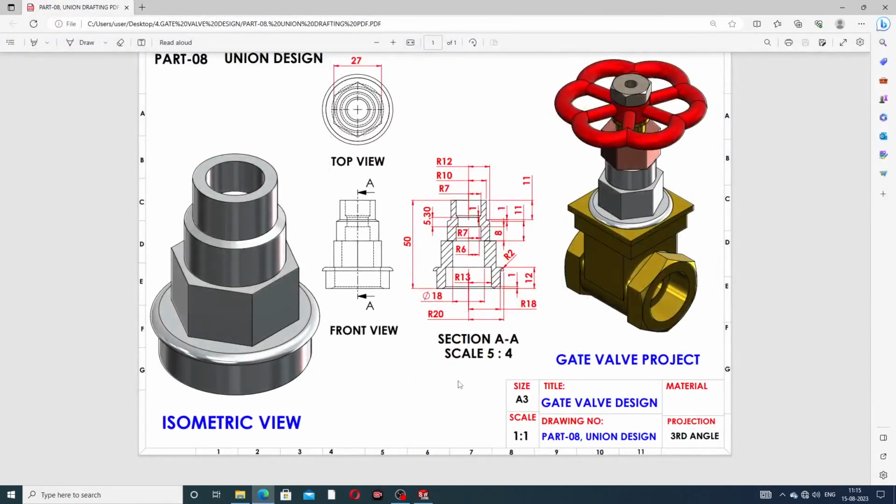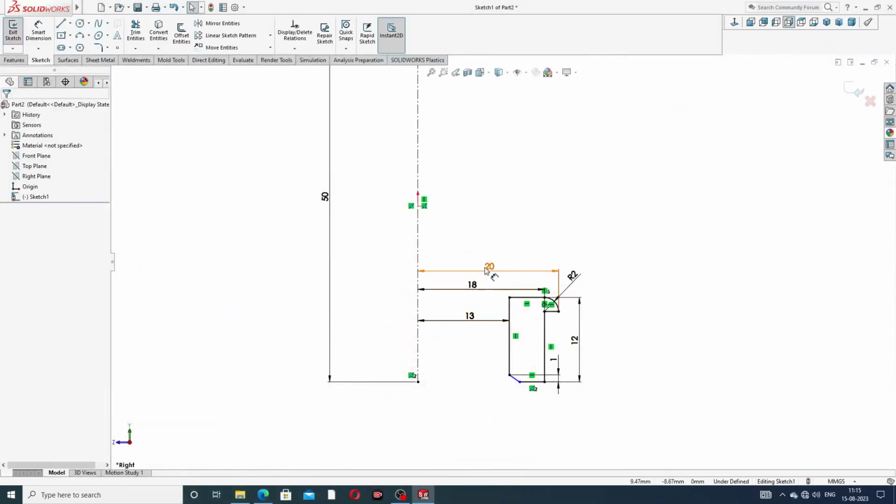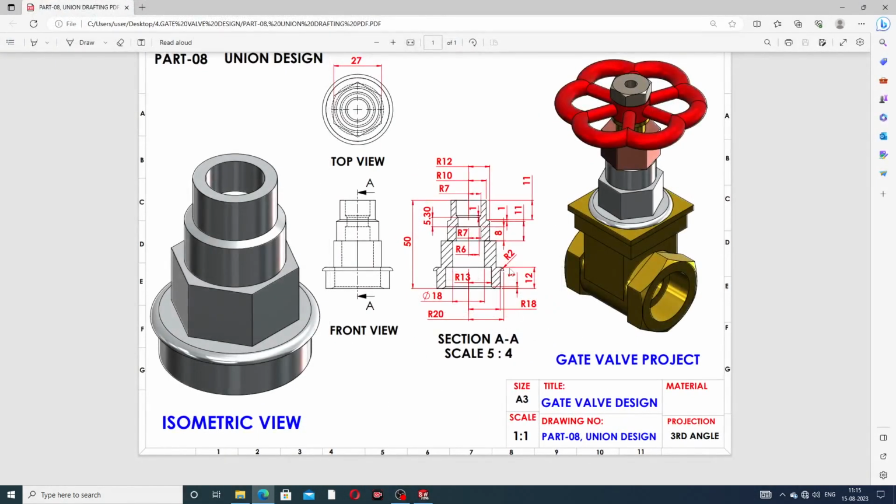Okay, all is perfect, and this geometry, you can see here, this is 20 mm. Okay, and this is 18 mm and 13 mm. You can see here, this is 20 mm and this is 18 mm and 13 mm, and this height, this to this is a height of 12 mm, and this is 1 mm, and radius is 2 mm. Okay, all is perfect, but this 18 mm, this circle is drawing here, all is perfect,